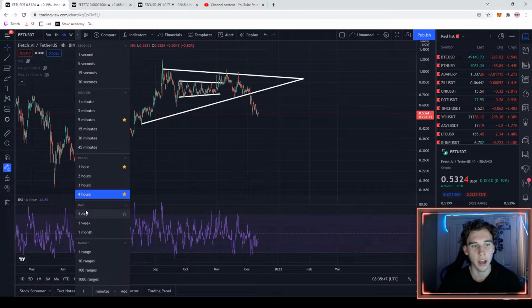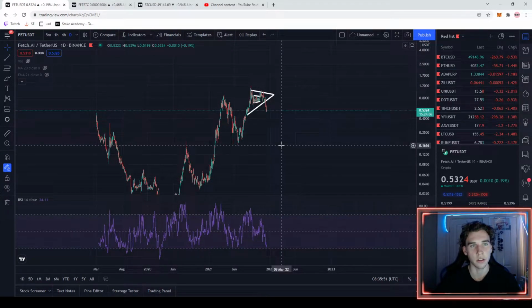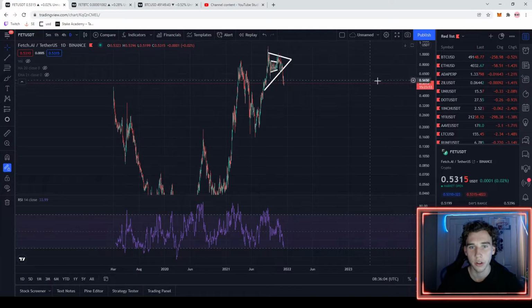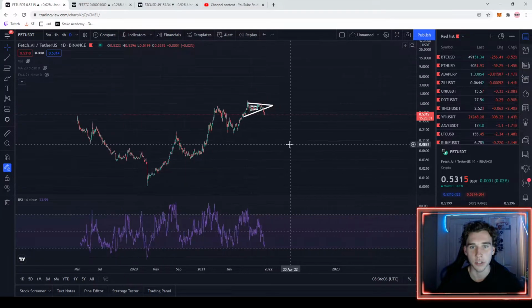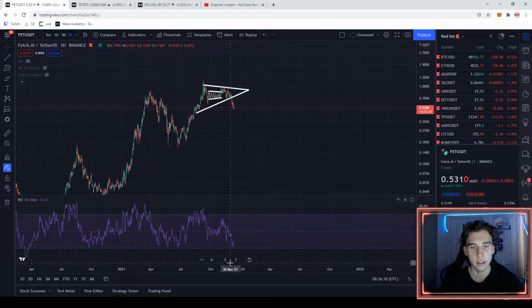So something to look at is the RSI. Something I like to do when the market is down is zoom out. I think the RSI is very relevant when you've had a really big move. When you've gone down quite a bit, it can be helpful to look at it and just see what's happened in the charts. So looking at FET on the daily,